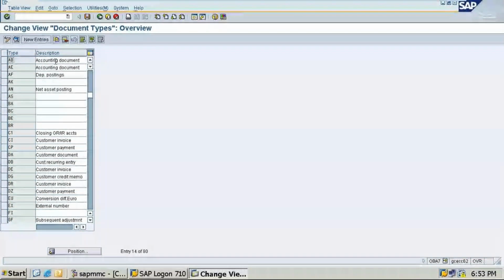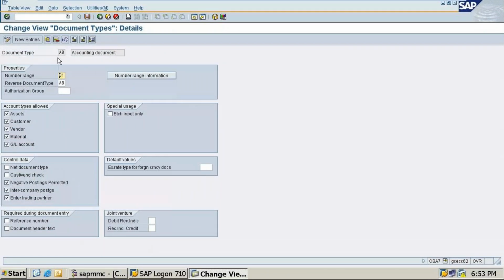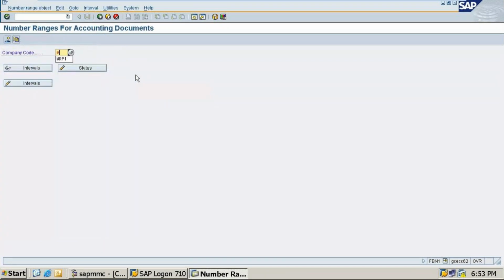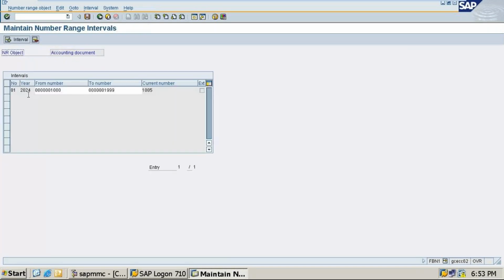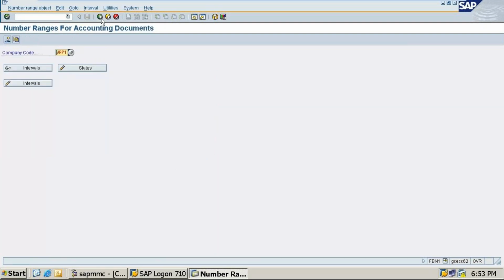So document types, accounting document. Click on this, and number ranges. Number range is 1. So click on this number range. Company code you have to give, whichever company you are using here. Then click on change interval. It will show the 01. Just click on save and save this. So that we already did.